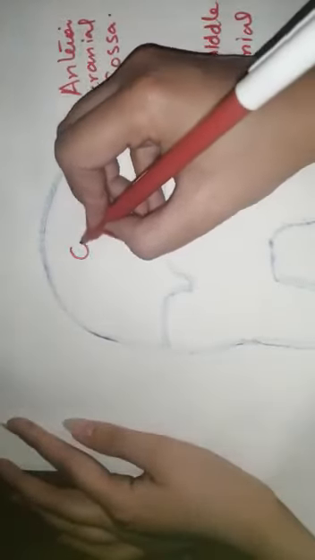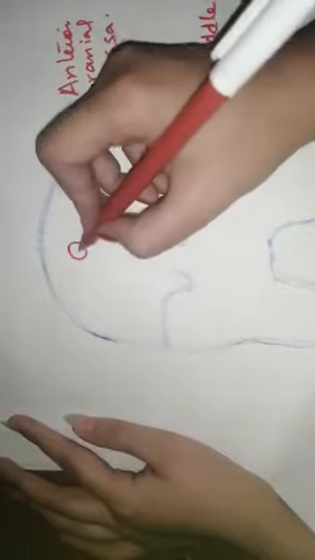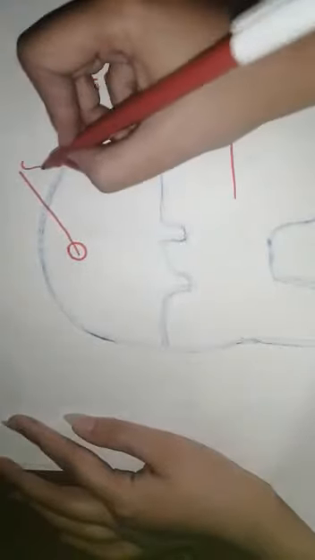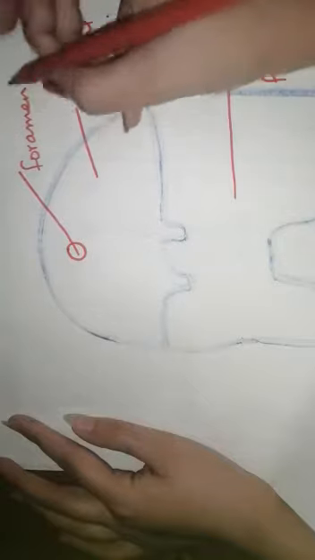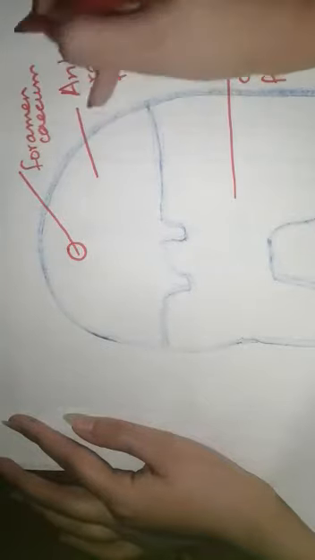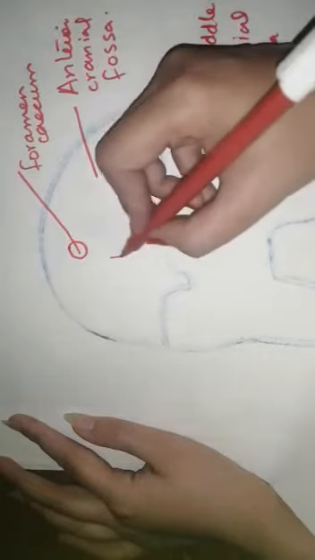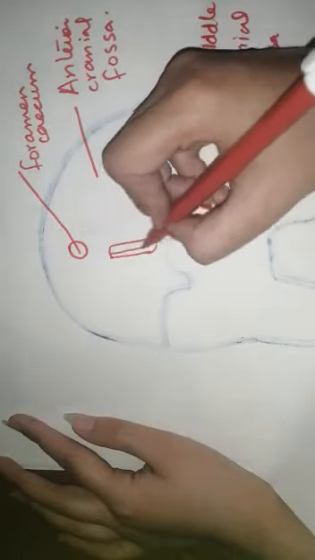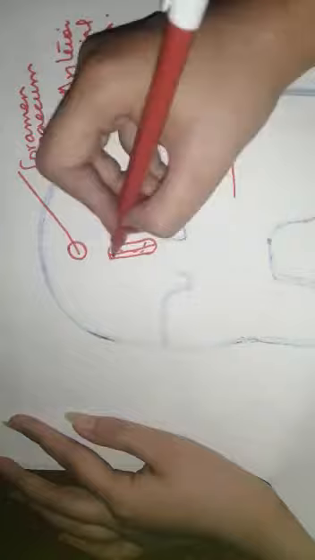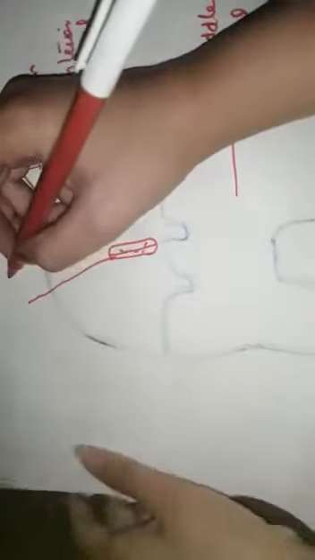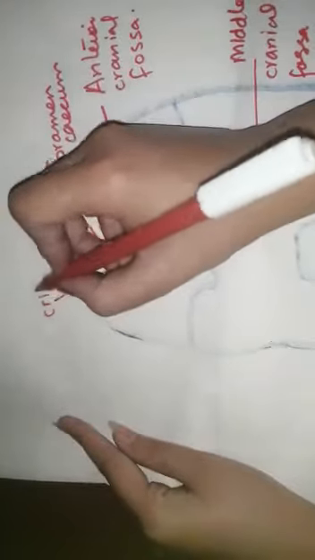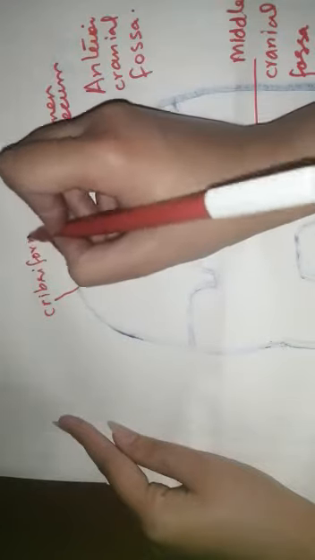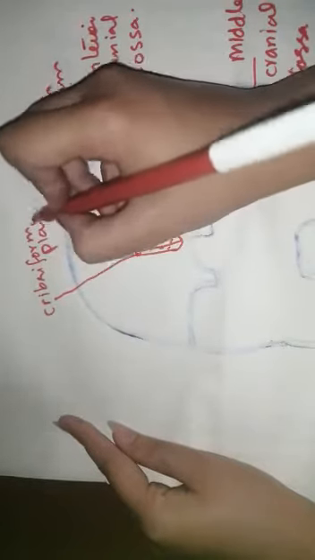This is foramen cecum. Here you can see this is cribriform plate. Now comes the middle cranial fossa. In the middle cranial fossa we have